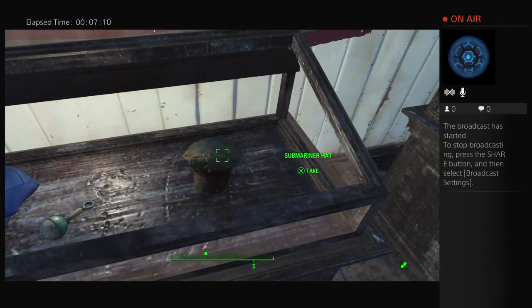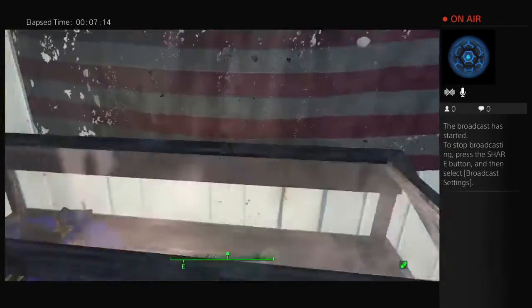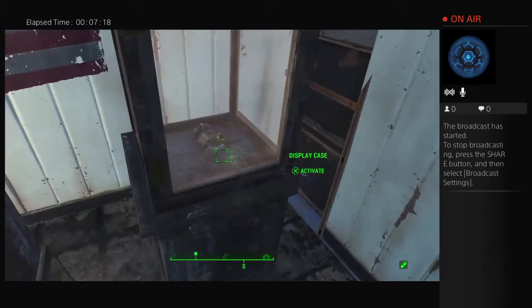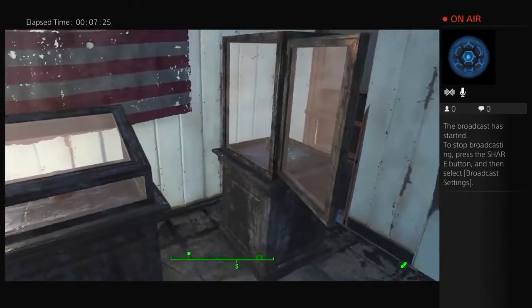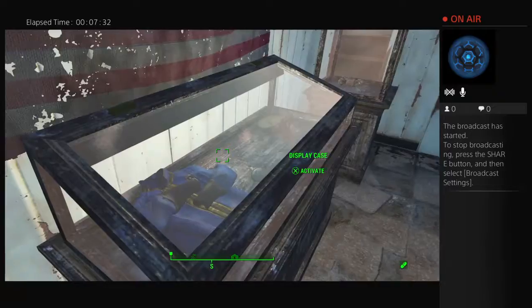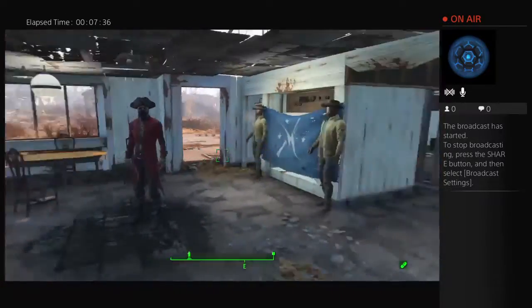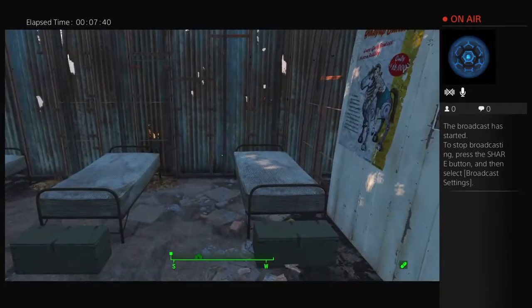I wore this submariner hat that I got from the submarine quest. That is the Lorenzo artifact gun from the Cabot House quest. Yeah, so people can come in here and see like little, oh yeah, this is the General of the Minutemen. She lived here in Sanctuary, and this is the Minutemen headquarters, and all of my guards are Minutemen in all